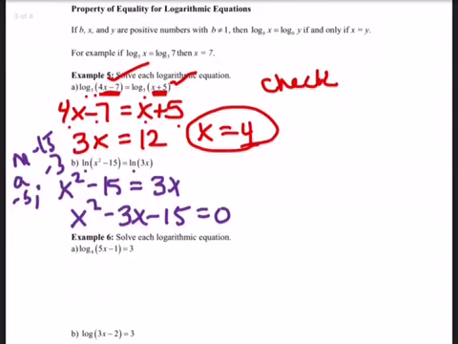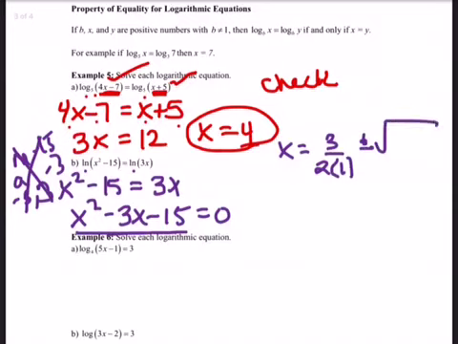I would want to use negative 5 and 3, but the problem is that doesn't add up to negative 3. So I need to use the quadratic formula for this one. So this doesn't work. Factoring doesn't work. So I'm going to use x equals negative b over 2 times 1 plus or minus the square root of b squared, which is 9, minus 4 times 1 times negative 15. So 4 times negative 15 is negative 60, so that's going to become plus 60 over